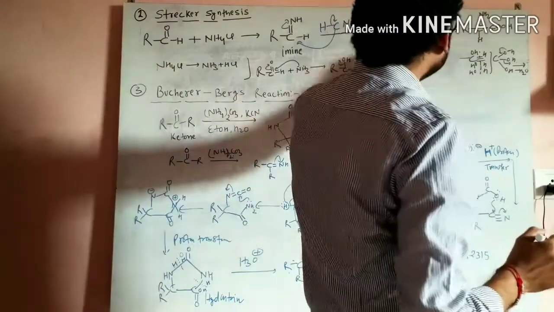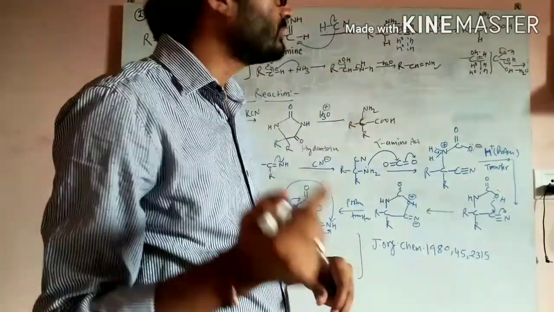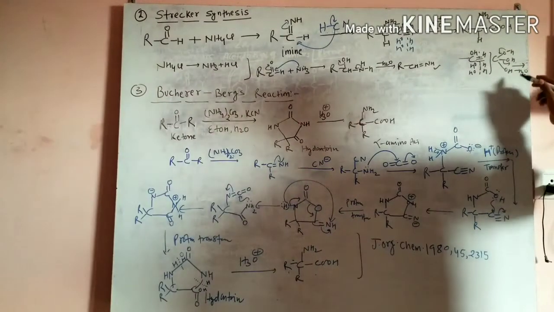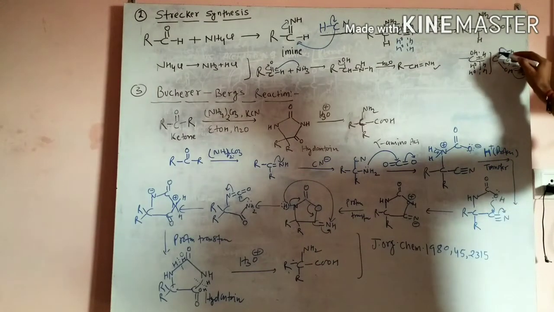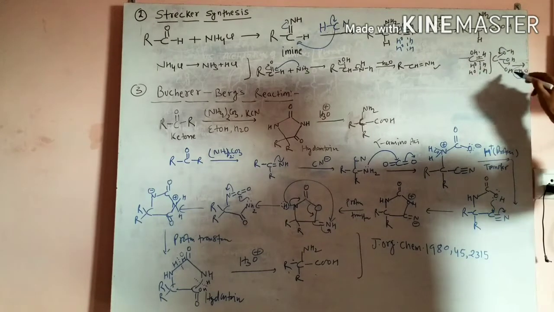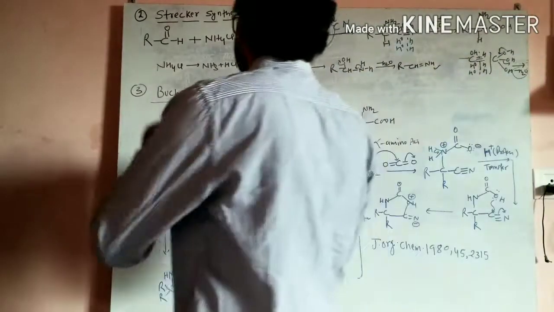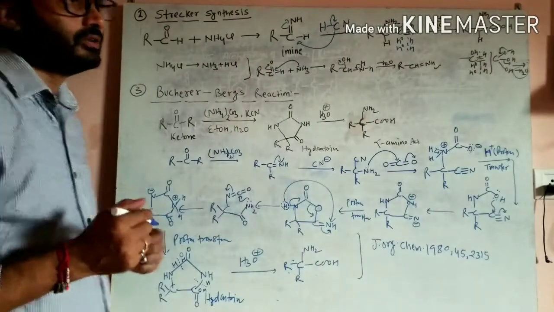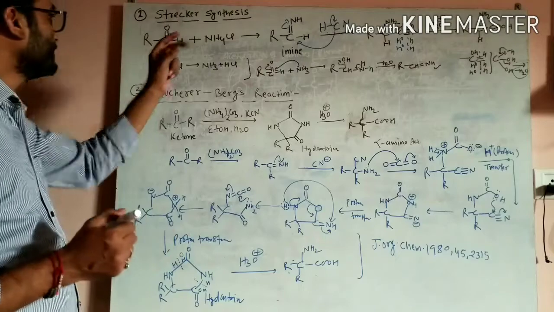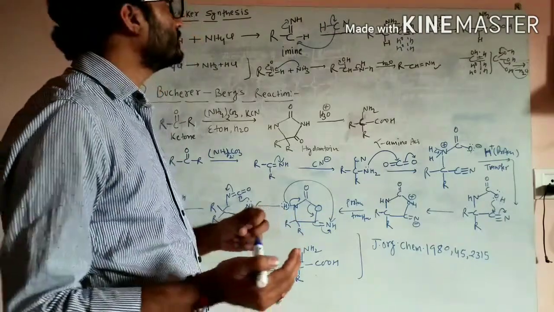So it gives a geminal triol like that, and we know that geminal triols are highly unstable molecules, so it will simultaneously release a water molecule like that, and giving C double bond OH. This is the carboxylic acid. So this is the Strecker synthesis for the synthesis of alpha amino acids using an aldehyde and ammonium chloride, and finally hydrogen cyanide.